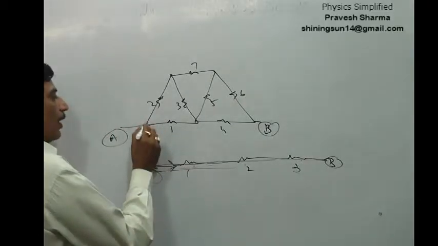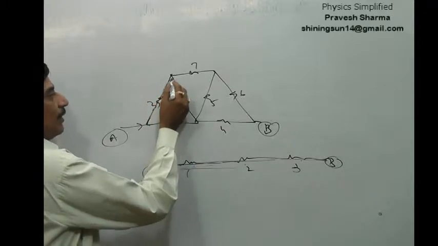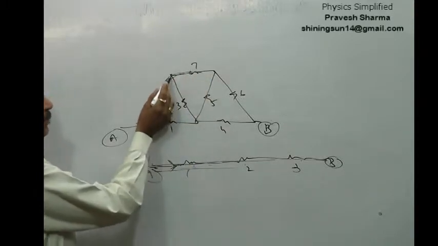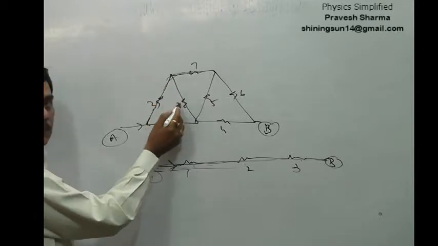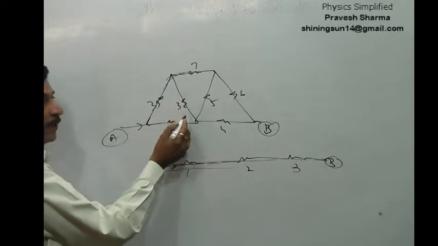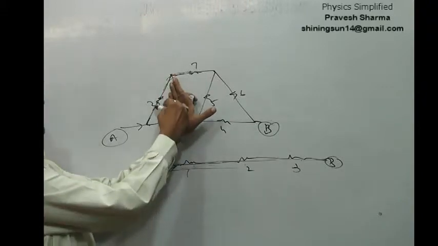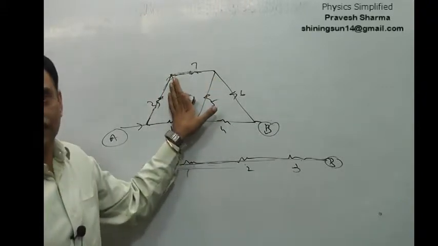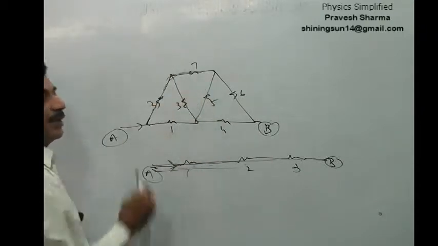But if I talk over here, as soon as you set in path 2, that is 2 to 7, you cannot say they are in series, because once again there is an option available. That is, the current can move on this path also. So if this resistor had not been there, then 2 and 7 would definitely have been in series. But there is an option available over here. So that's why you cannot say 2 and 7 are in series.